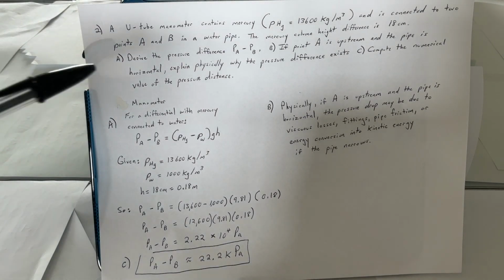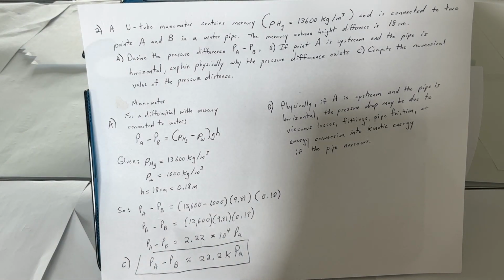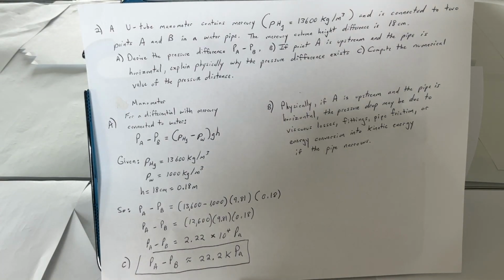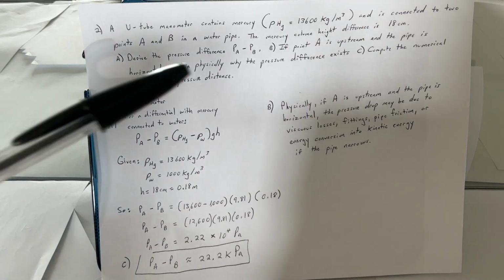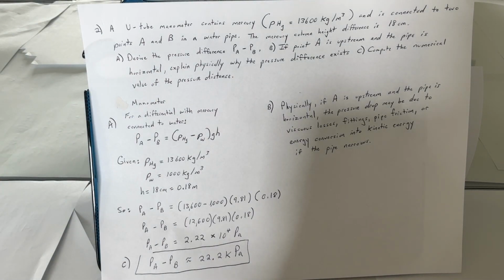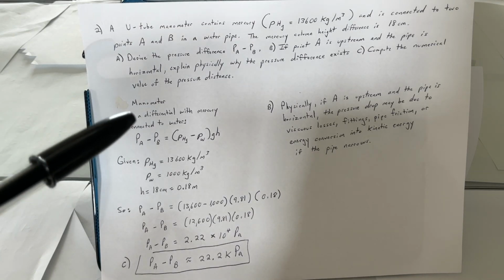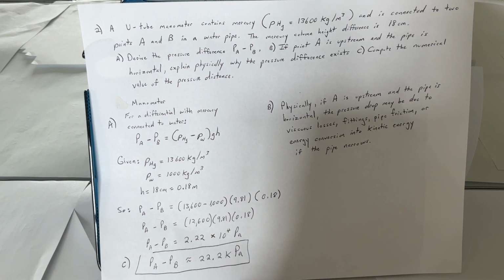Okay, here, number 2. A U-tube manometer contains mercury. Here's what we're given for our mercury, 13,600 kilograms per cubic meter, and it is connected at 2 points, A and B, in a water pipe. The mercury column height difference is 18. For part A, we want to derive the pressure difference, P sub A minus P sub B. So, for a manometer with a differential with mercury connected to water, P sub A minus P sub B is going to be